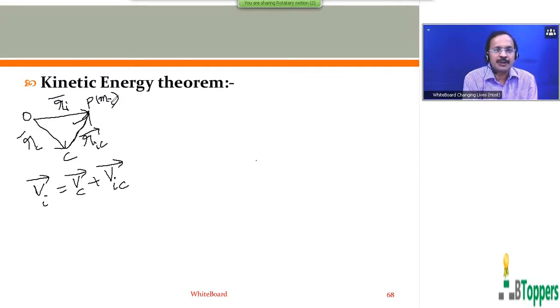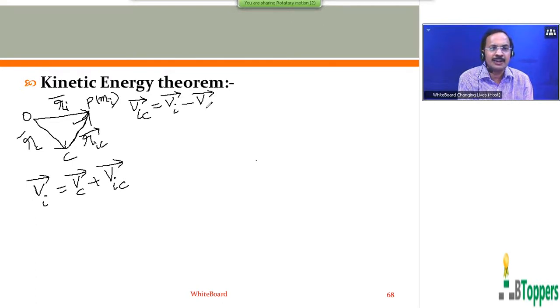From the concept of relative velocity also you can directly write this step. Otherwise, you can start writing the proof directly with this step. For more clarity of discussion, I have started from the basic concept. As you studied in relative motion, the relative velocity of one body A with respect to another body B is written as the vector difference of the actual velocity of A and the actual velocity of B. In the same way, the relative velocity of the ith particle with respect to the center of mass of the system of particles is the vector difference of the actual velocity of the ith particle and the actual velocity of the center of mass. V bar subscript I is the actual velocity of the ith particle of mass mi.